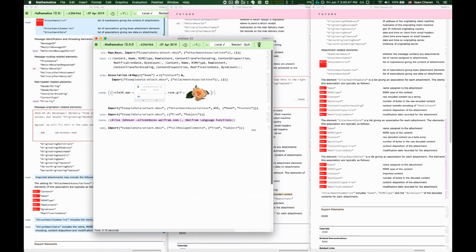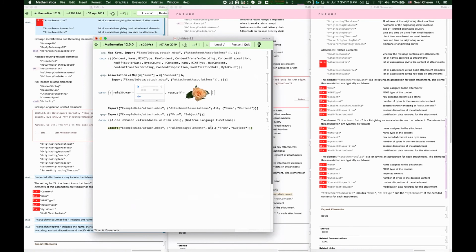Hold on. What? What do you mean? The associations for... Oh, you're saying in an mbox. Right. The mbox. Yeah. I don't quite understand this. And you're saying that... I'm not wild about this full message elements followed by a subcase there. And I suppose this would actually be this. But